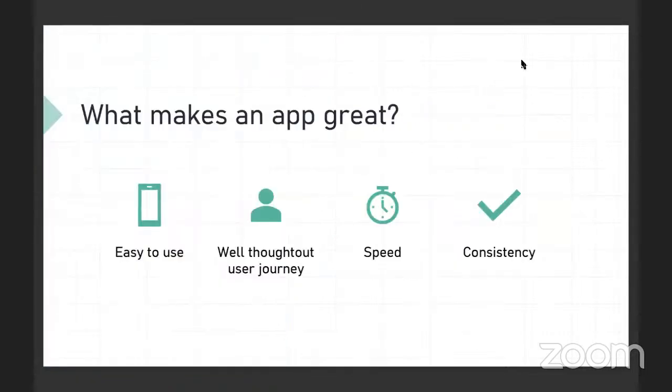what makes an app great. I remember my lecture in uni never talked about apps. It was just what makes your interaction with the computer better. And some of the key points that I can remember from that were ease of use and a well thought out user journey, which is fast so that a user doesn't feel like they're suffering, taking more of their time to do a simple task, and consistency. So each screen or each step on the app should be consistent with the branding of the company or of the app or of the visual design. So yeah,